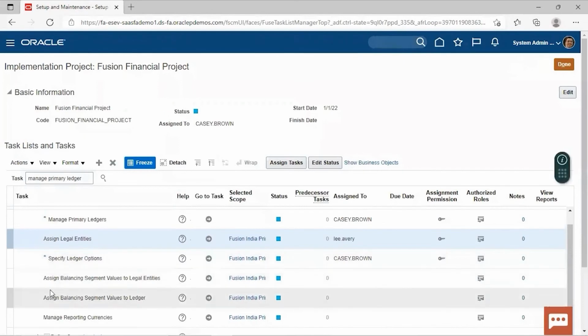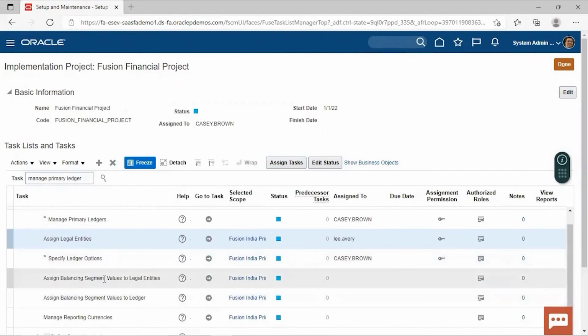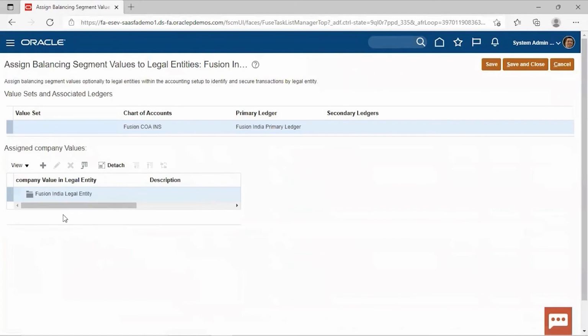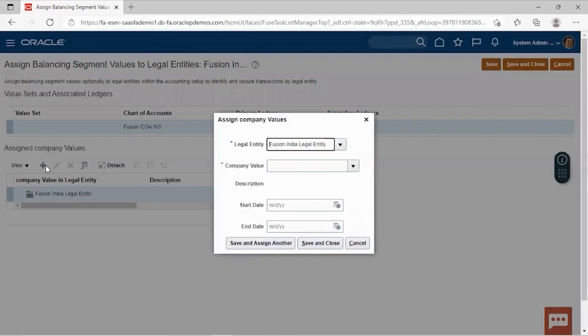Over here, there is an option of assigning balancing segment values to legal entities. We'll click on the Go to Task icon. This is our legal entity, Fusion India legal entity. Over here, we'll click on the Create icon, and there will be a window which says Assign Company Values.